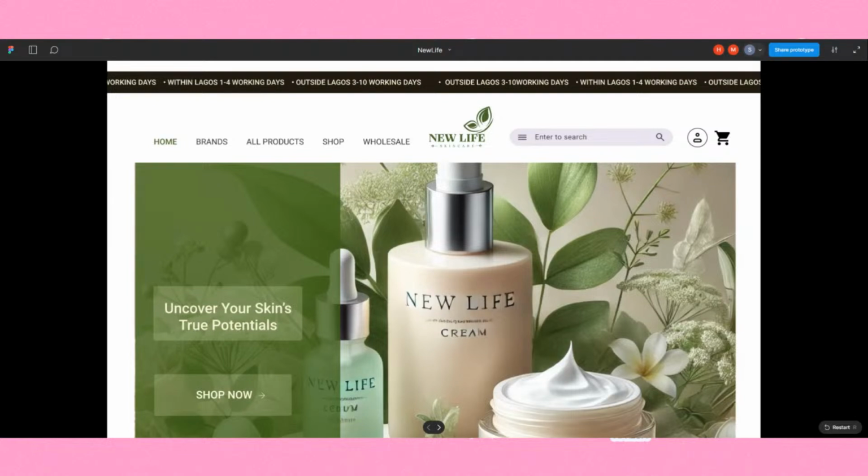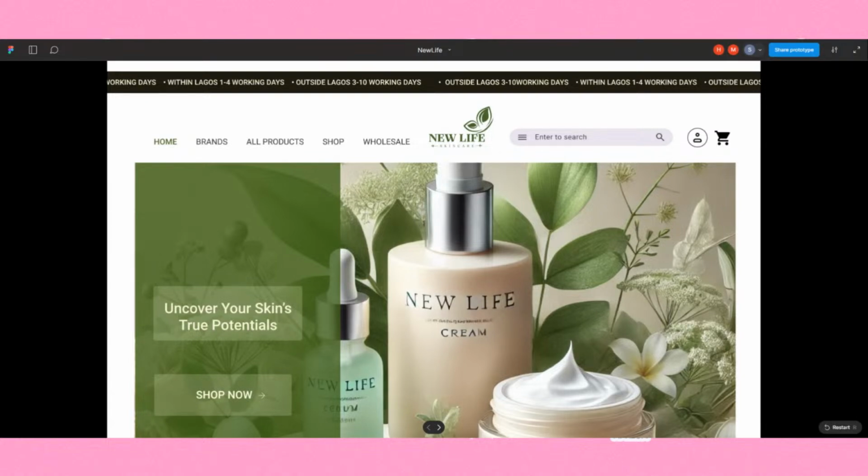So we worked on a skincare website, an e-commerce shop for a skincare brand. From the information we gathered during the user experience research, we learned that users find it difficult using e-commerce websites for skincare brands like ours because the products are usually poorly categorized, so they don't know where to look for a particular product. We also discovered that there are no proper recommendations and product descriptions for the different skincare products on the site,